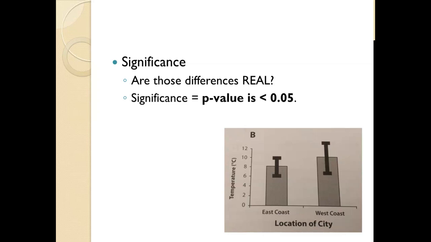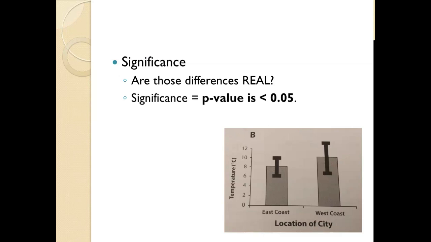Okay, and so the example here is we're looking at the average temperature on the East Coast versus the West Coast of a single city. The city only spans 10 miles. And so we can see that the temperature does appear to be different. If we look at just the height of each bar, the east side is 2 degrees lower than the west side. But when we look at the error bars, we can see that there is no significance behind those data sets